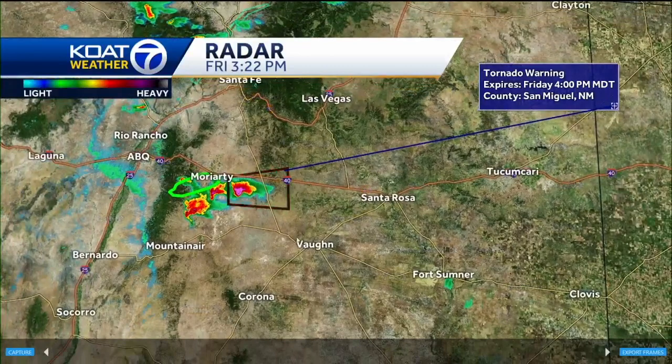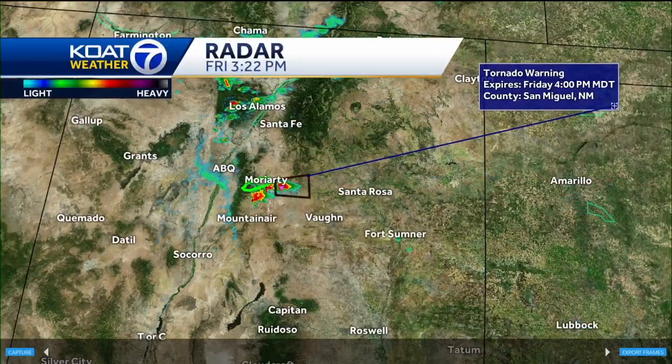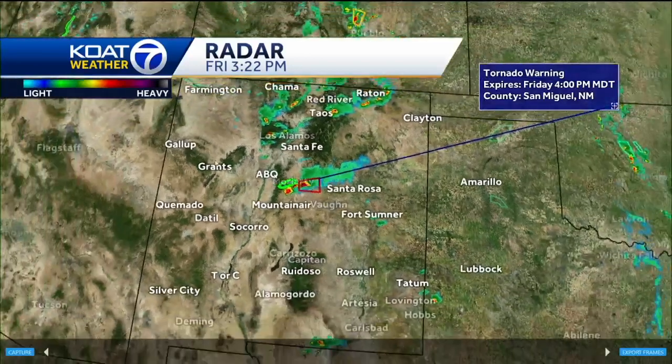And what we're going to see, this is 3 o'clock in the afternoon, I'm going to go on the composite radar. I guess my auto insurance has expired. But,